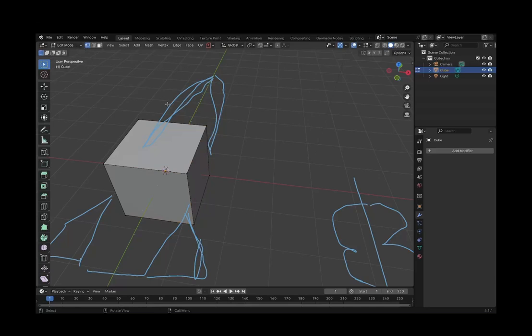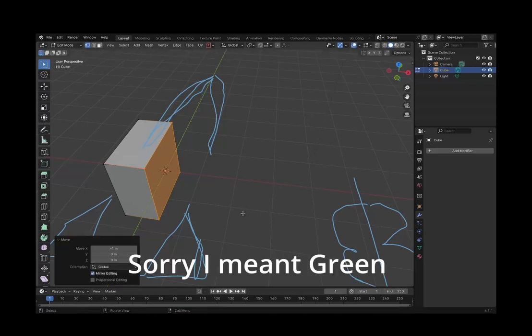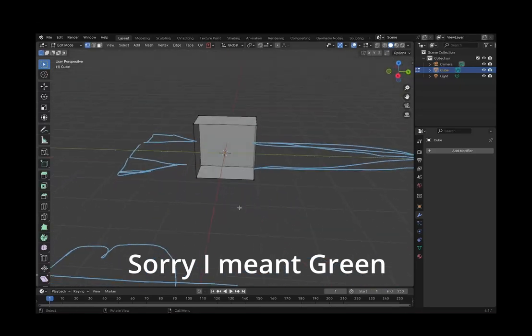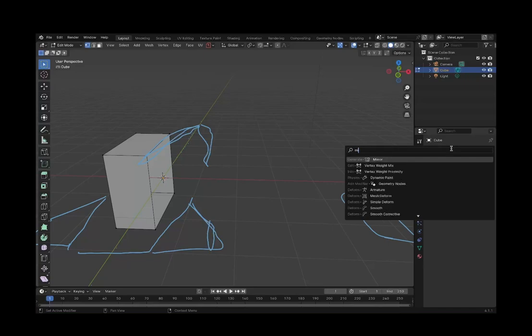Now, how do you use the mirror modifier? Well, go into edit mode and select these 4 vertices. Then move them while holding control so that they snap to a grid so that they're exactly snapped to the center yellow line. Now press X and faces and you'll see now it's just a hollow square.